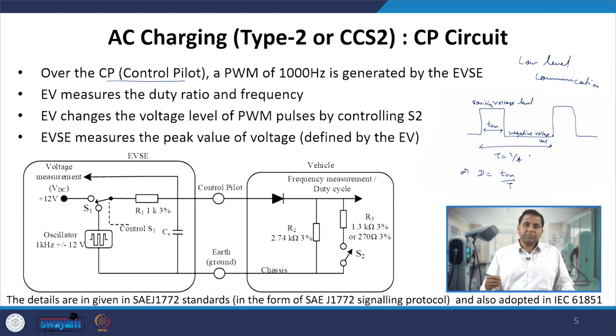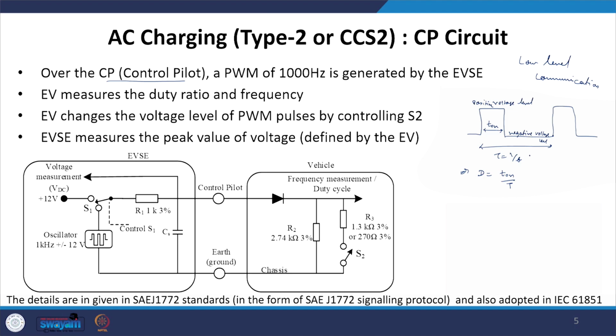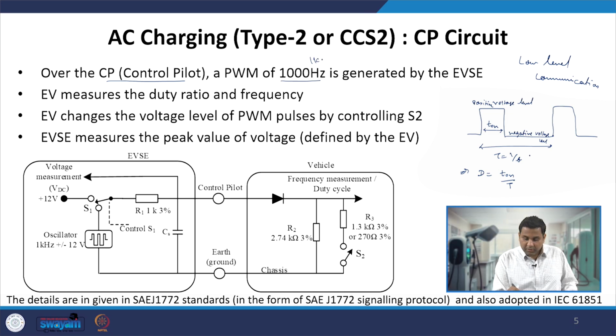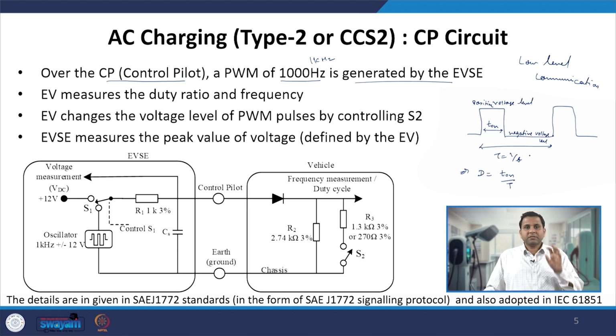So, let us see what is the meaning of each and individual thing one by one. In this we know that once the proximity plug identifies the correct plug, the communication will start between the EVSE and EV using the PWM pulse of 1000 hertz, which is nothing but a 1 kilohertz PWM signal. And this 1 kilohertz PWM signal is generated by the EVSE, or the electric